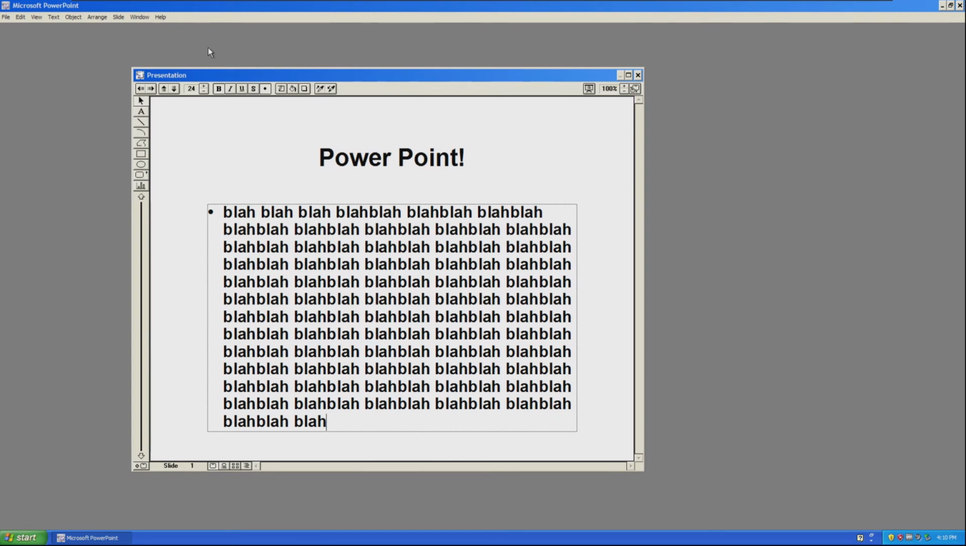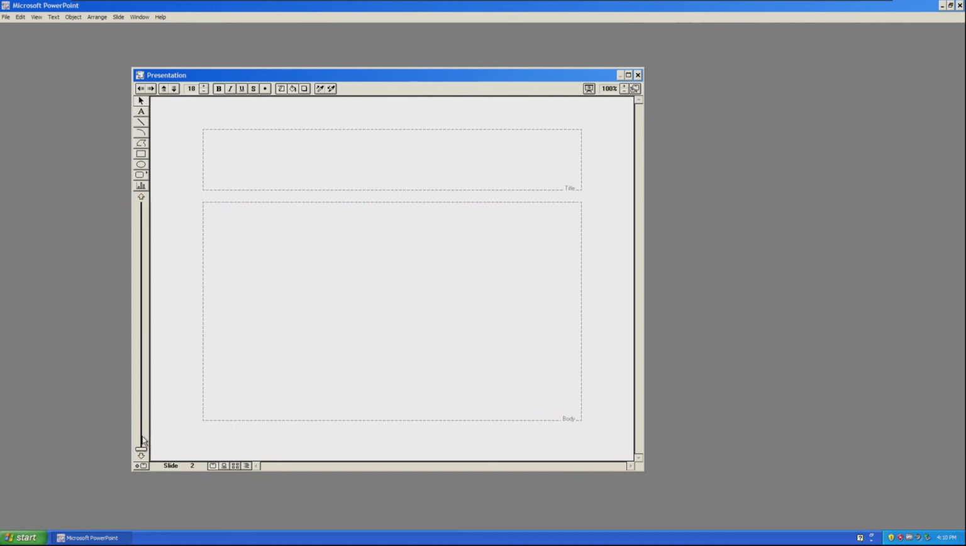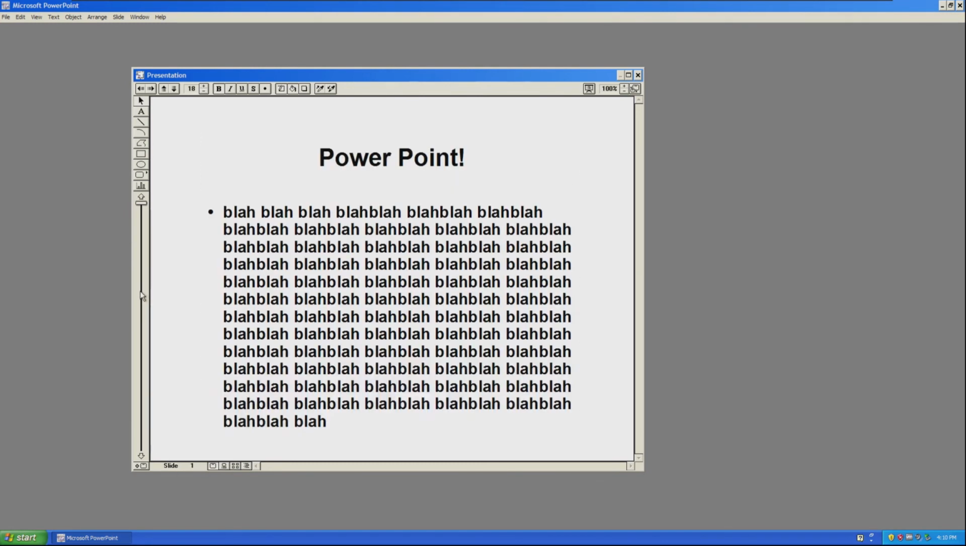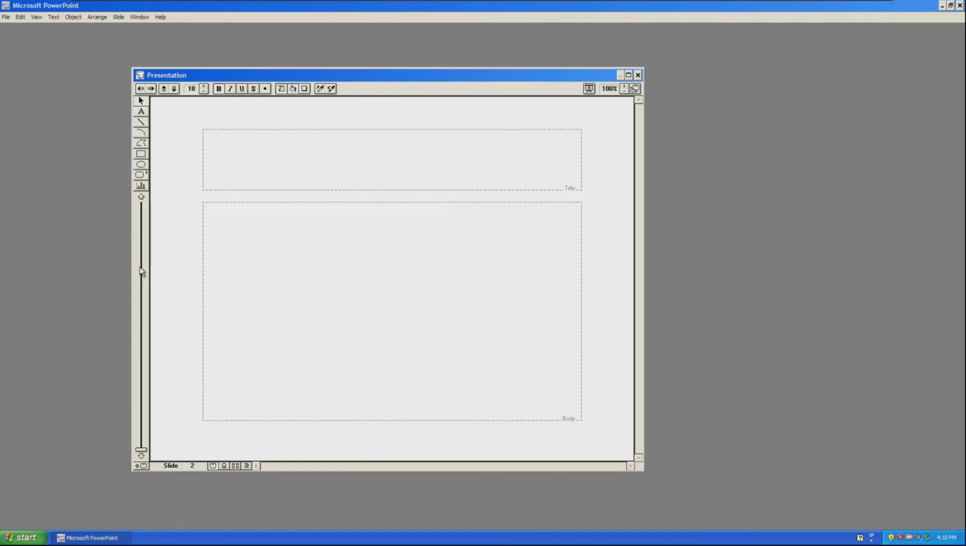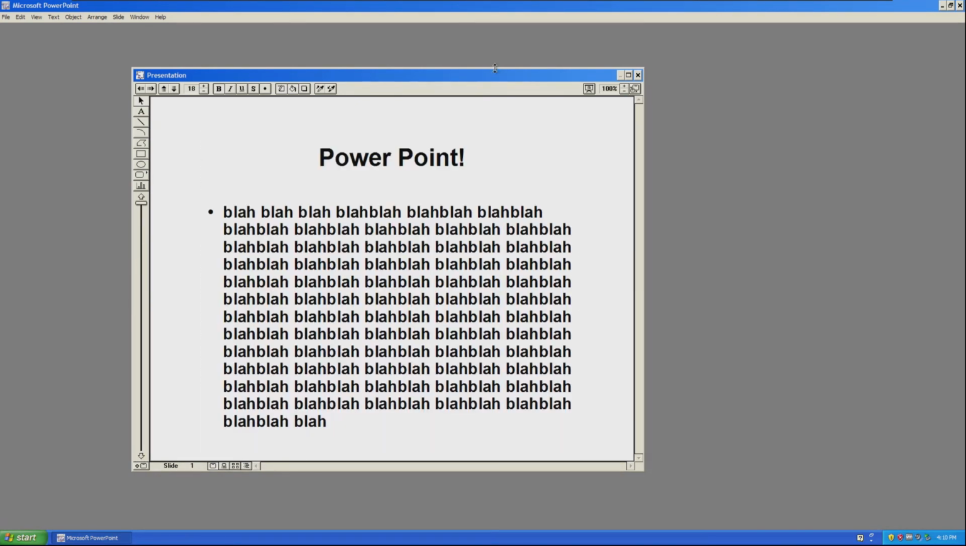And of course when we want to make a new slide and pretty much disregard anything we want to do, we can just click here and it'll add another slide. Now this slider here is not the most practical thing. It's much nicer on the newer versions. But the good news is